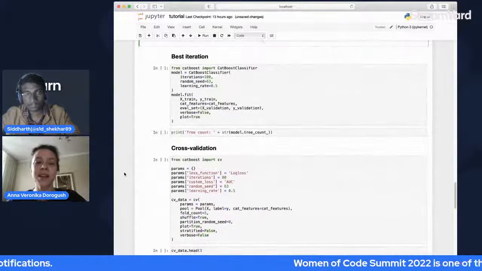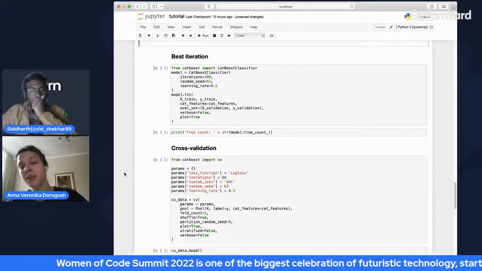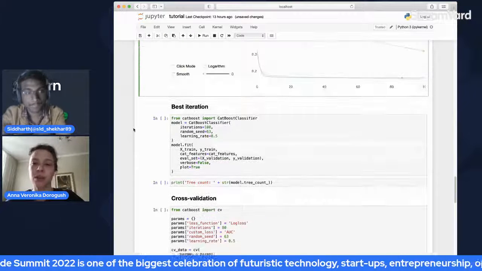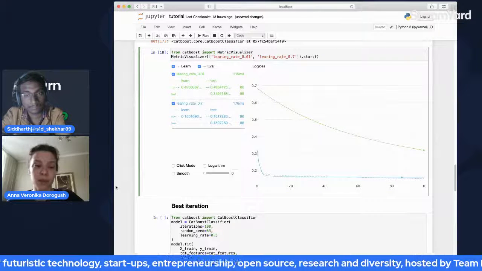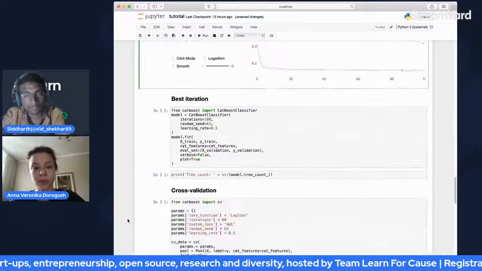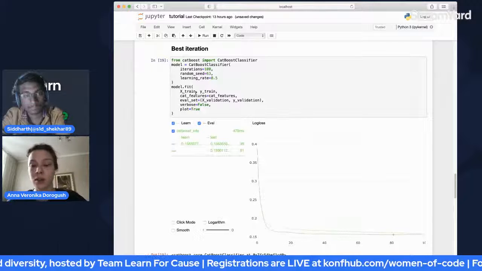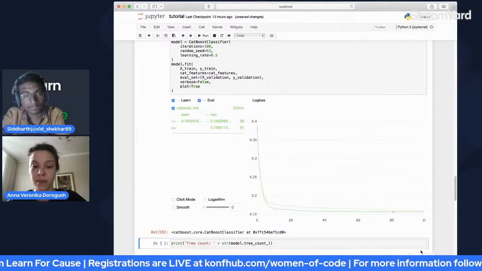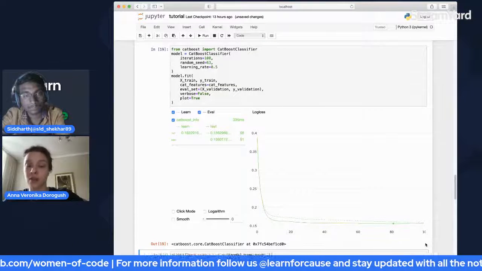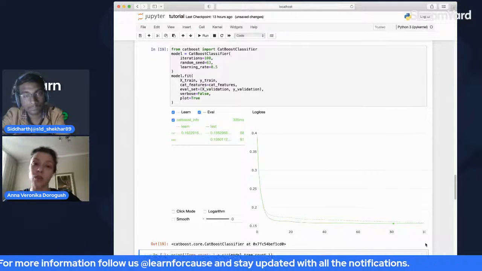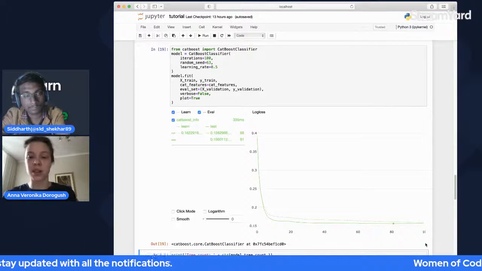Okay. The next thing you have to know is that the model overfits at some point. So the best loss value is not the last normally. So it's not the last iteration. And by default, CatBoost cuts the model by the best iteration. So let's say you are training this model with 100 trees, iterations equals 100, and you set a learning rate to 0.5, which is a very big value, which you should not use in production. Learning rate should be smaller, but that is a demo mode.